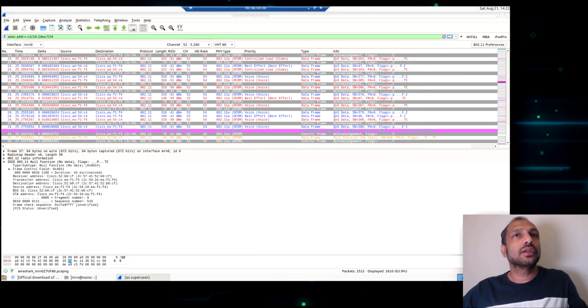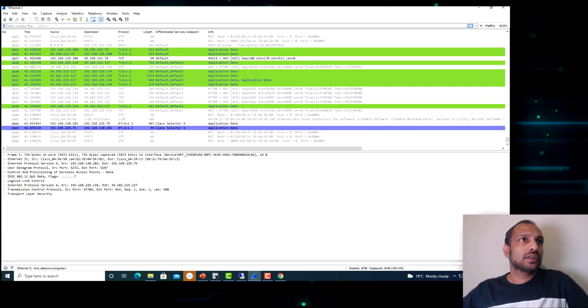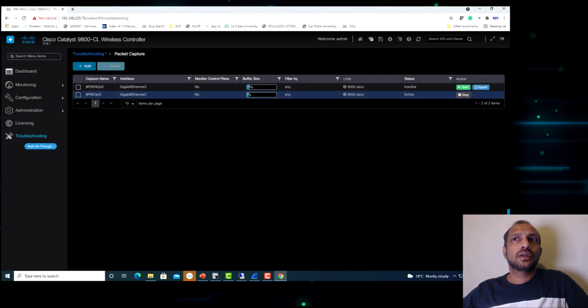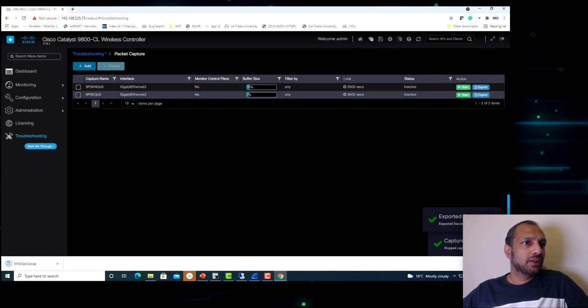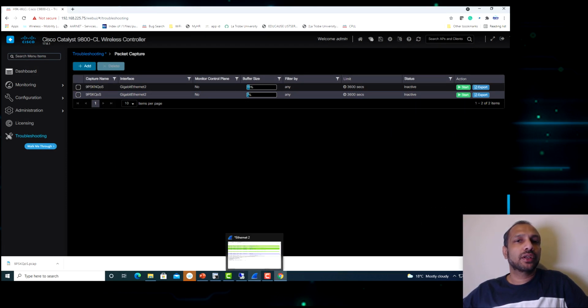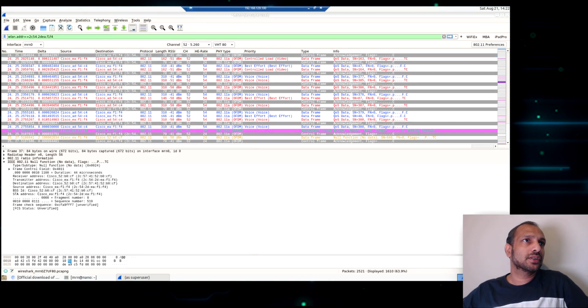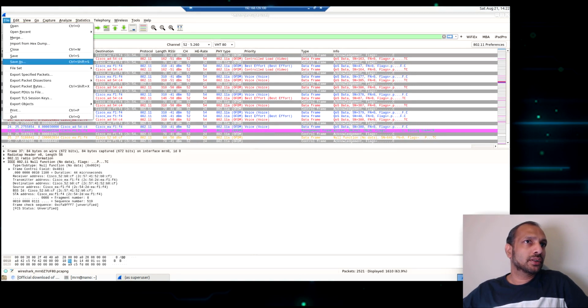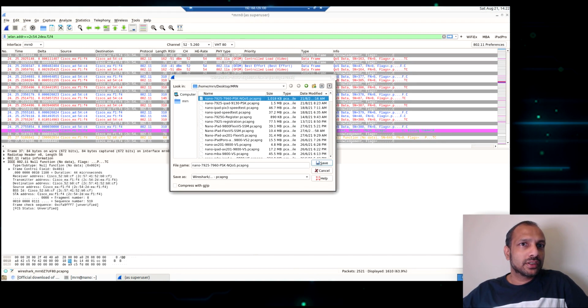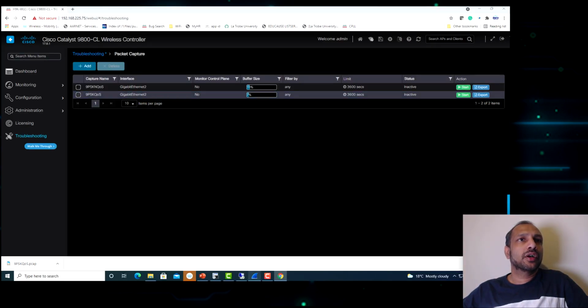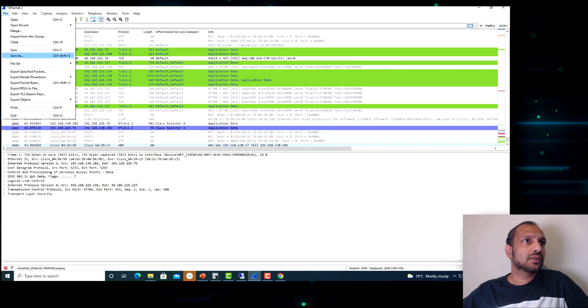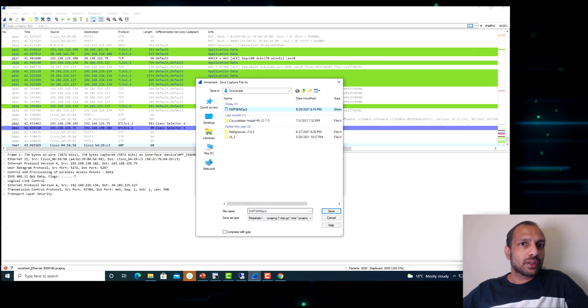I have stopped the capture here, here, and here as well. So I will export that. This time it will be 9 PSK QoS. We will look at the same thing we did last time. Let me save this file, save as. The only difference this time is that I will use with QoS, not without. Save, and I will save the Wireshark capture as well. File, save as. This time it is with the QoS.